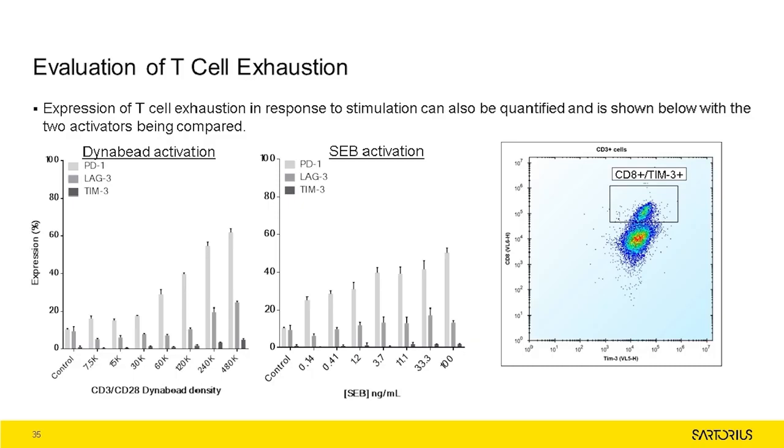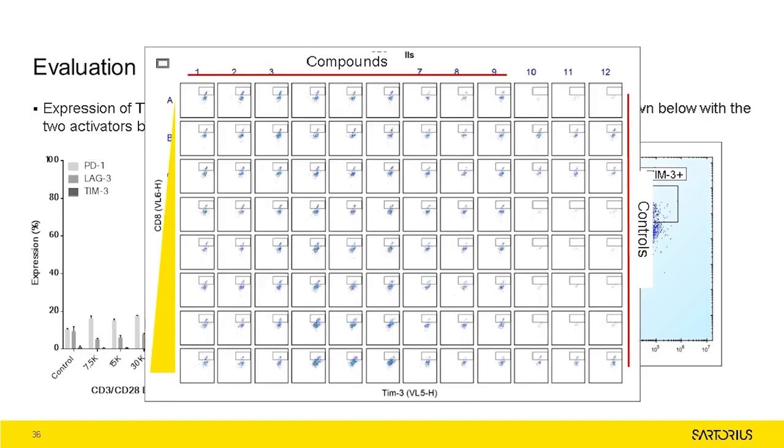As well as developing drugs to enhance activation of T cells, being able to prevent exhaustion is also an area of interest, and checkpoint inhibitor studies using monoclonal antibodies are proving promising. The T-cell exhaustion kit allows for the evaluation of this phenomenon by being able to detect changes in key exhaustion markers PD1, LAG3, and TIM3 on both CD8 and CD4 T cells, as well as the cytokines interferon gamma and TNF-alpha. Foresight software again allows for various presentations of the data, including being able to compare individual gated populations in a plate view, which allows for the opportunity to spot outliers and check that controls are behaving as they should.